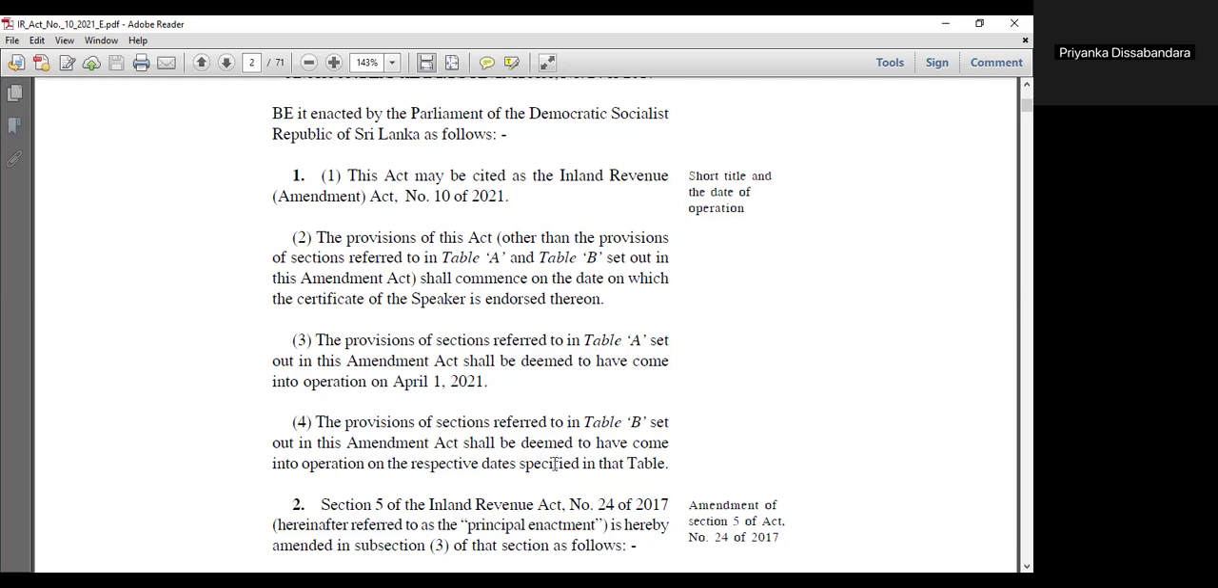The provisions in table B are effective from the dates